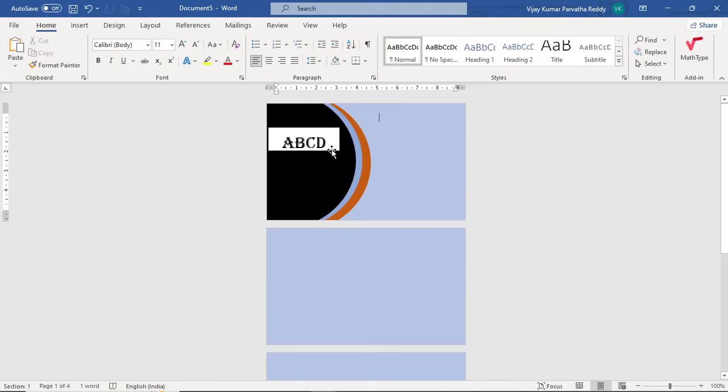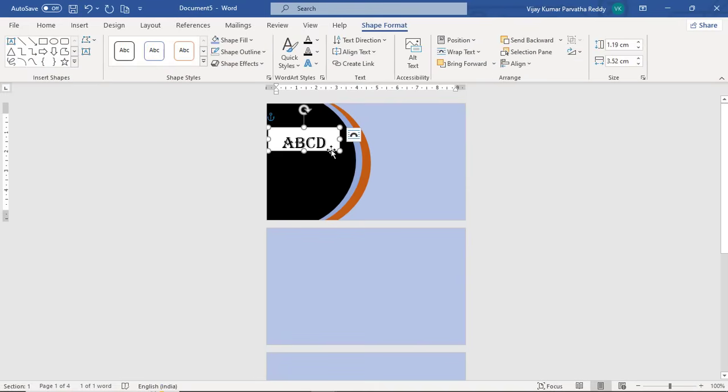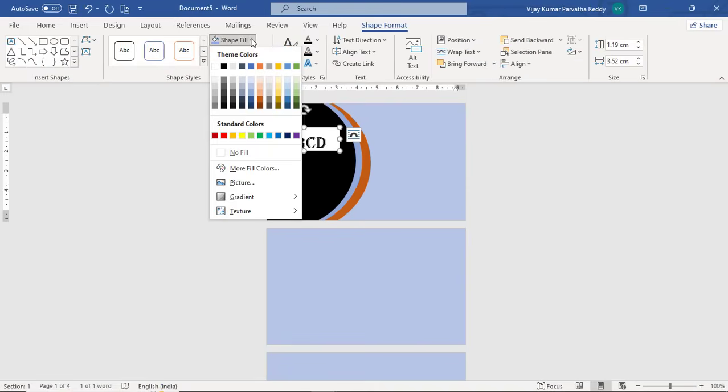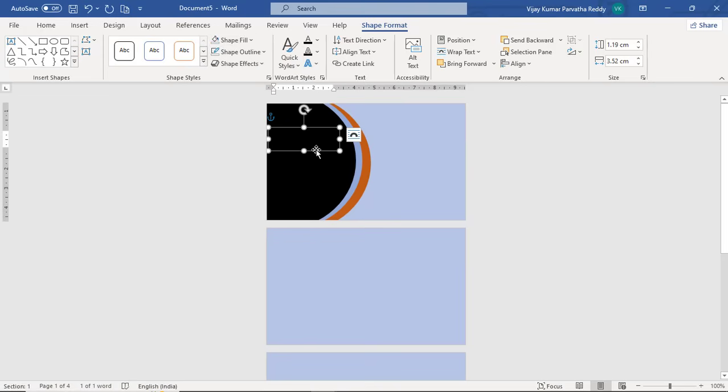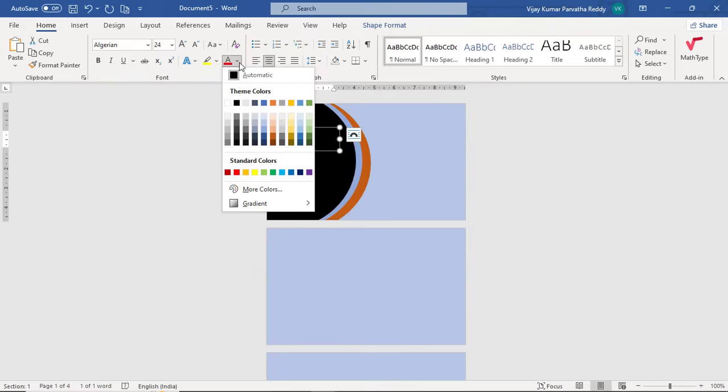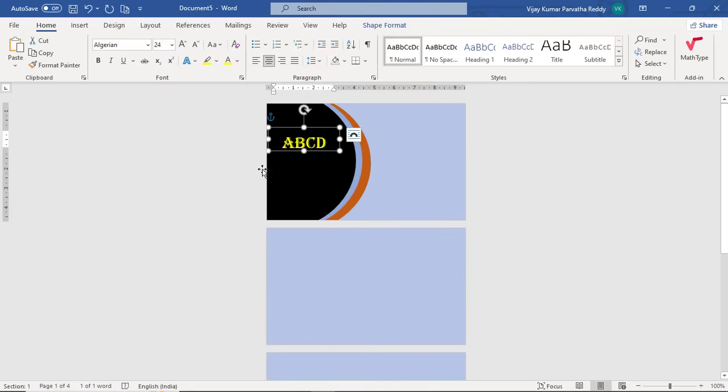So click outside, see its background color is white. Shape fill I am selecting no fill. See, the text color is black, that's why it is disappeared. So change the color of the text by selecting color here. Which color you want, you can select. Suppose I am selecting this particular color and made any other styles,